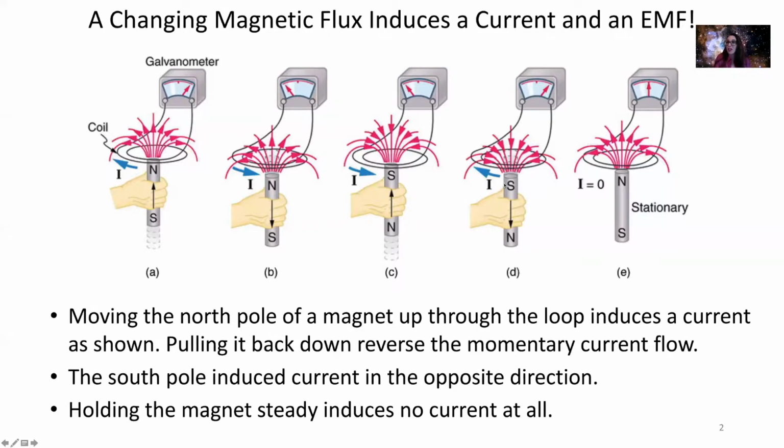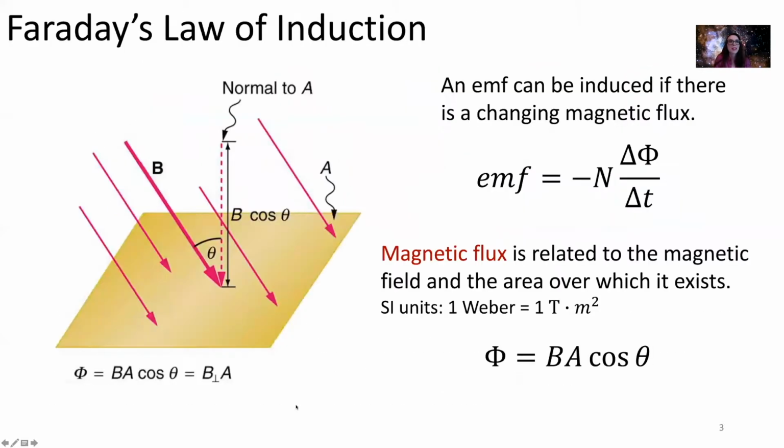If the magnetic field isn't changing through this loop, because I'm not moving my bar magnet toward or away from the loop, then I don't induce a current. Okay, so this is what we call Faraday's law, and also a little bit of Lenz's law too in action. So Faraday's law of magnetic induction says that an EMF, an electromotive force, can be induced if there is